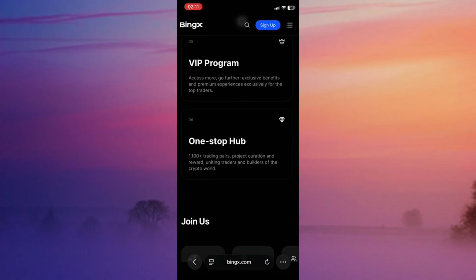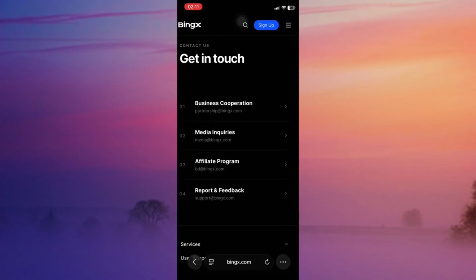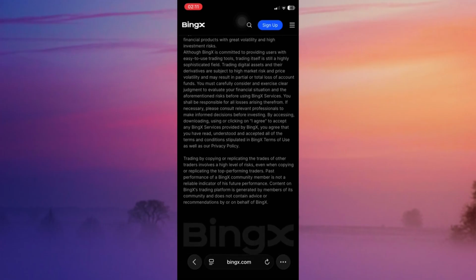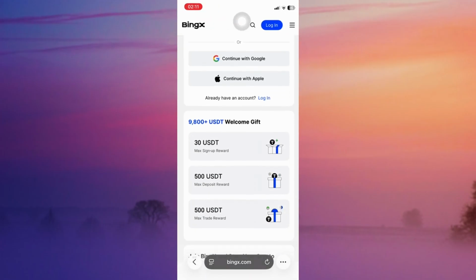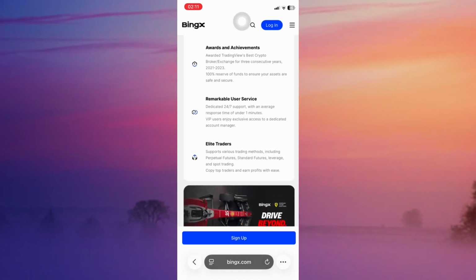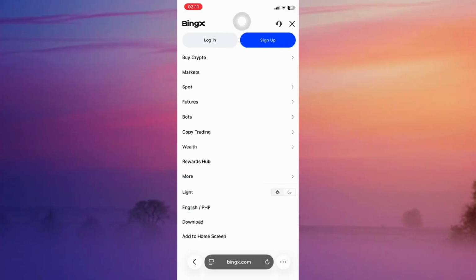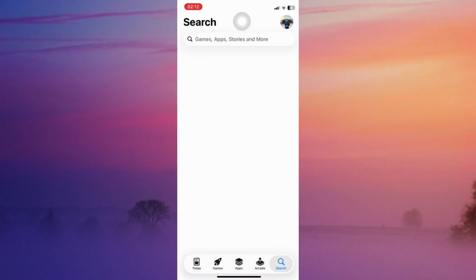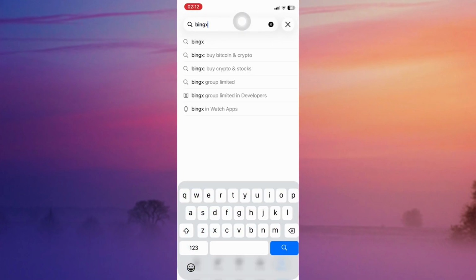Next, tap your profile icon in the top corner to open the account menu. Go to Settings, then look for Appearance, Theme, or Display Settings. Select Dark Mode or Dark Theme and enable it. The app should immediately switch to a darker color scheme, making charts and menus easier to view in low light